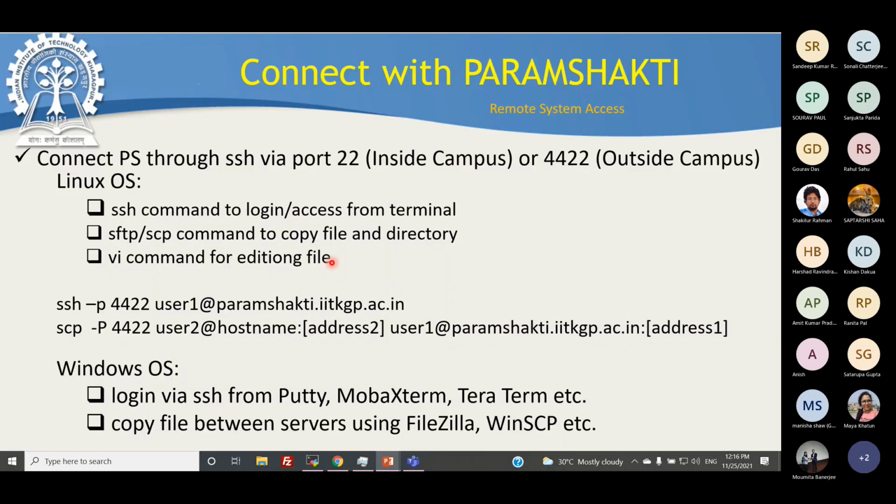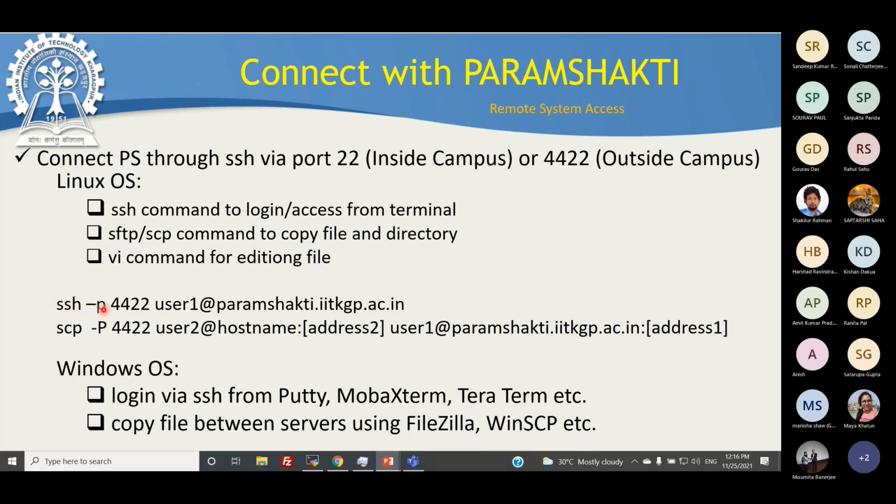Okay. So how to connect? Normally, if you are working inside the campus, it can be simply connected via SSH from your Linux terminal. Okay, if you are outside campus or working from home, then it will be connected via SSH with port 4422. You can write the command like this from your terminal.